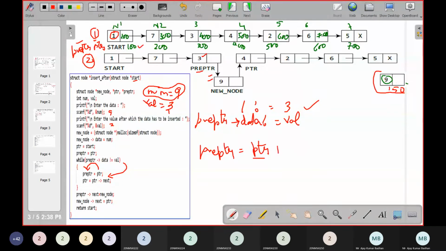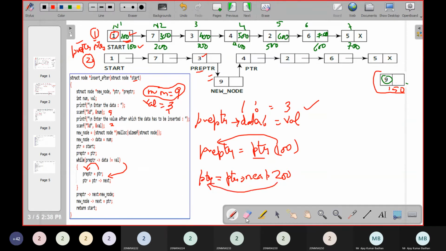What is the address we have? 100. That 100 I am assigning to this pointer. So right now pre-PTR consists of value 100 and PTR is equal to pointer next. What is the pointer pointing to right now? Node number 1. What does the next value consist of here? 200. That 200 I am assigning to this pointer.